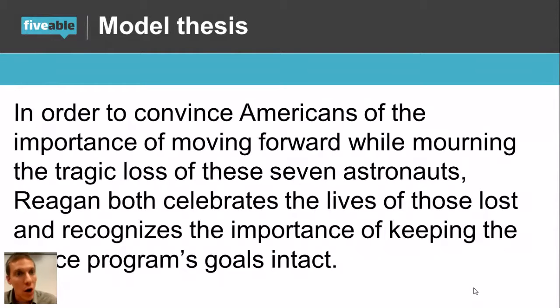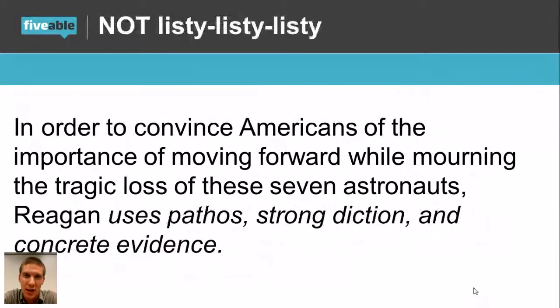There's no magic like, oh, you have a beautiful thesis, you get a point. But it's going to target and hone in your AP reader on what you're going to talk about, and show that you're not just being formulaic with "uses X, Y, and Z." You're really owning a high-level reading of the text. That's what we're looking for when we're reading your thesis and your whole essay. Do you have a good understanding of what, in this one, Ronald Reagan is doing and why?